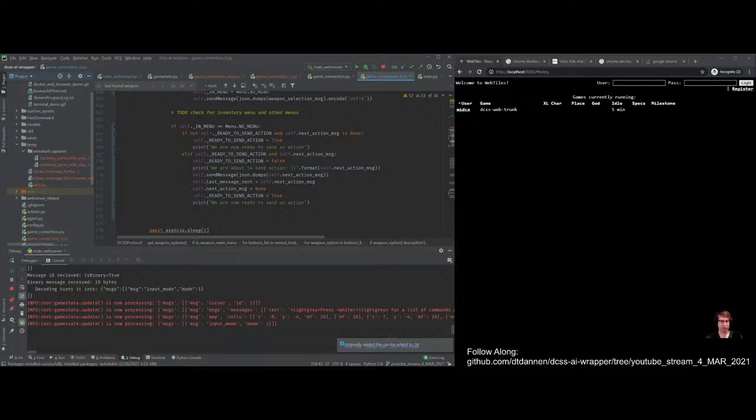It still doesn't feel perfect, but basically now what we can do is forget all this stuff about self.next action. Let's just do this. Say we are ready to send, and then if we are ready to send, let's say we're not ready, just while we're sending. Let's say next action is equal to